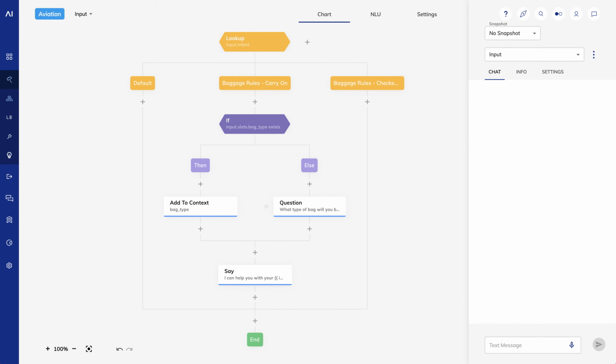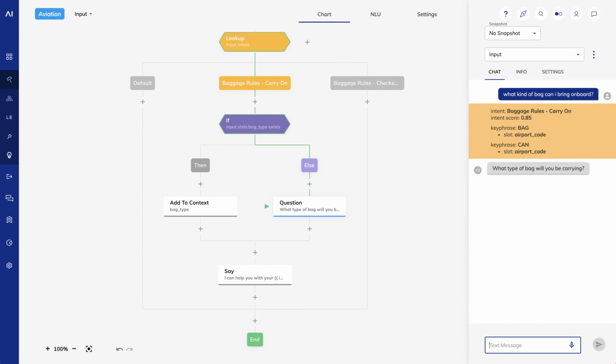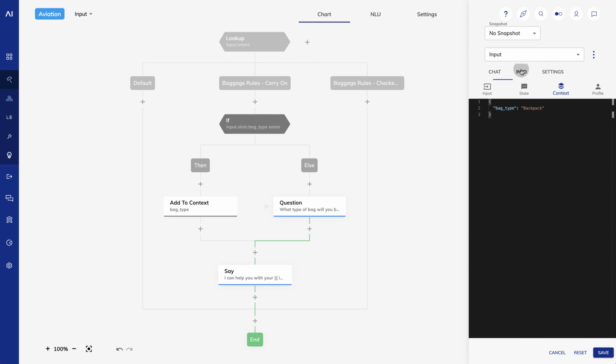Let's try it. I get my expected confirmation message, and if I look at the context, I see the bag type.